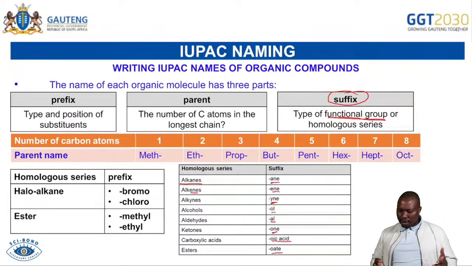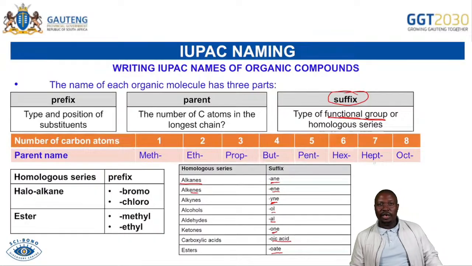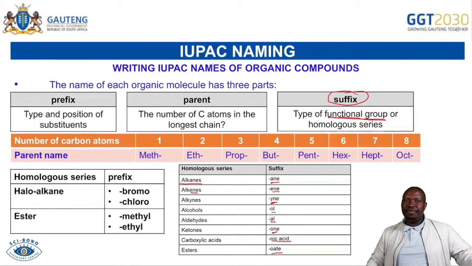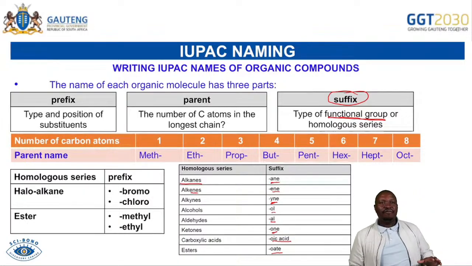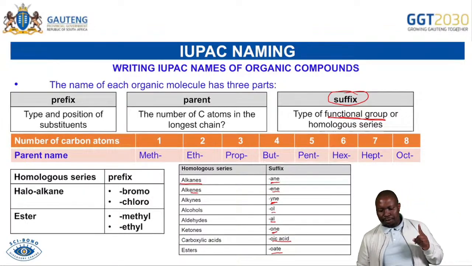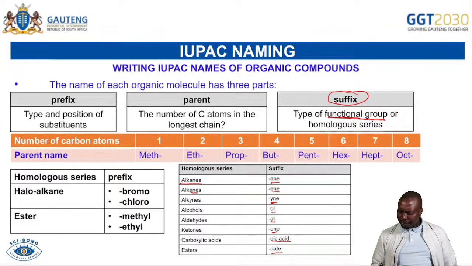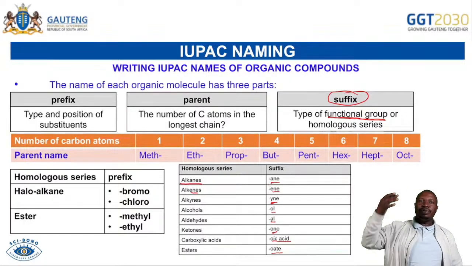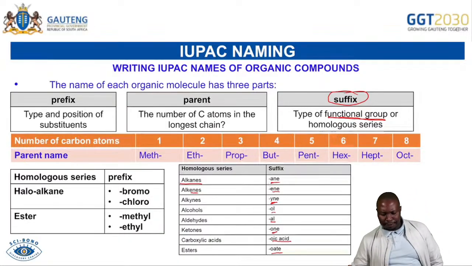You can see haloalkanes, for example. We said haloalkanes will end with "ane" as well. So you are treating them as alkanes that have a halogen. The name will end with an "ane" there for haloalkanes. It's important because it will help you when you deal with the naming of these organic molecules. So I think you understand where we're getting the suffix. The suffix is from the homologous series that is determined by the functional group.